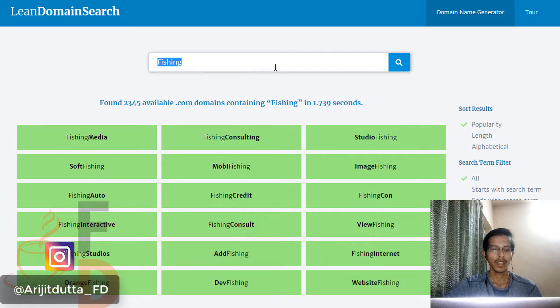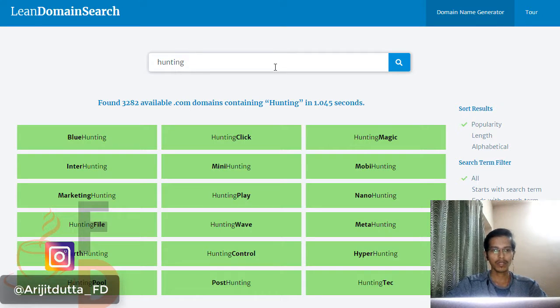Let's go for a different niche. Let's say you are doing a hunting niche, or maybe survival. Just go to this tool and hit enter, and you would find relevant keywords along with it. So blue hunting, hunting file, earth hunting, hunting pool. If you are doing a generic store based on hunting, there can be a generic business as well with niche stores. This is a good one, hunting pool, because the term is basically going to help people understand what this business holds. So you have to name your business properly, in terms of giving them an idea just by looking at your website name.